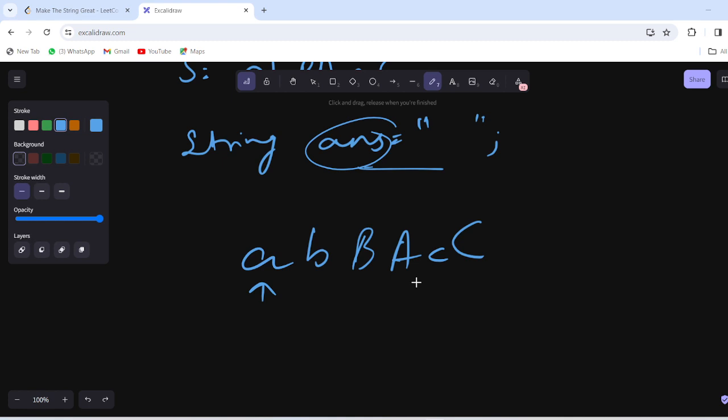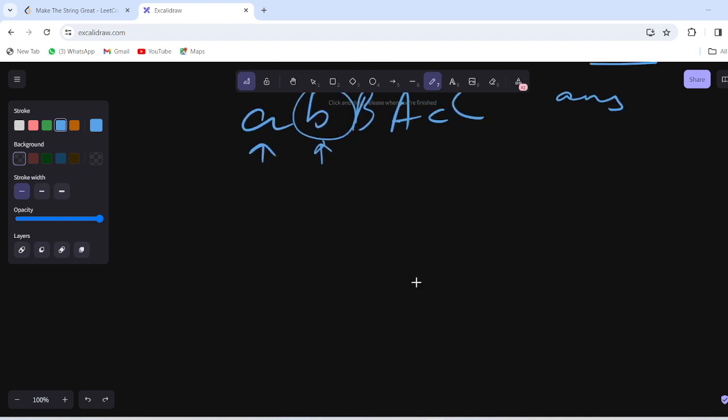And every time check if the string is not empty, then if the last element of the answer string and the iterating character give a difference of 32, meaning according to our question the requirements are fulfilled, then pop the last element from the answer. I will show you how. As our string is empty, put a into it.